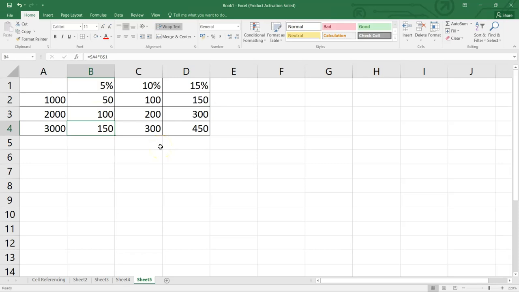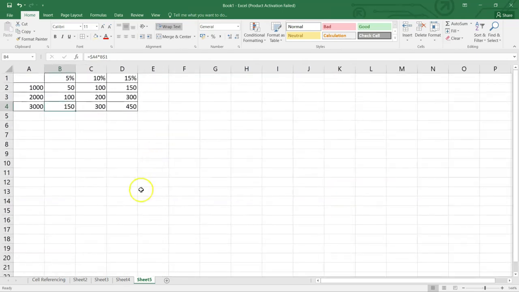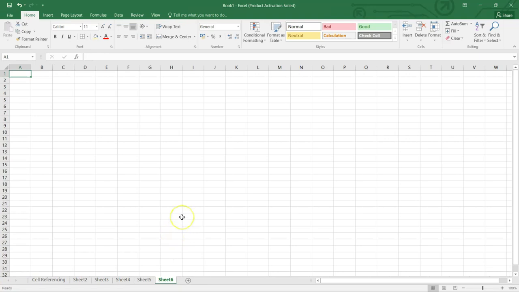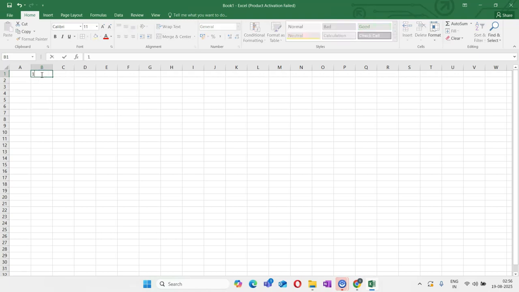We can do one more example of getting a multiplication table. Okay. So that you also can understand it a little nicely. We can just do one more example in front of you. Okay. Now, we'll create a simple multiplication table to understand this mixed reference. Okay. So I'm going to write my numbers. I'll just write 1, 2, 3, 4, 5, 6. Let's keep it this much. And here I'll write 1, 2, 3, 4, and 5.